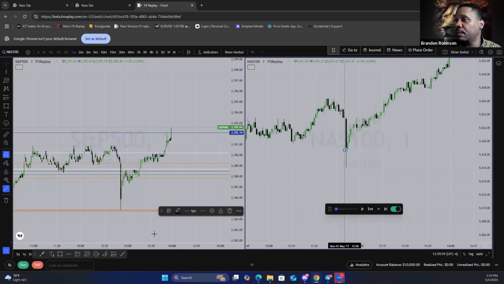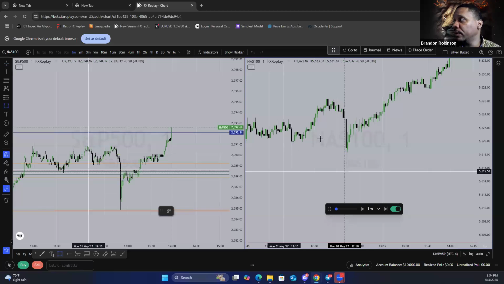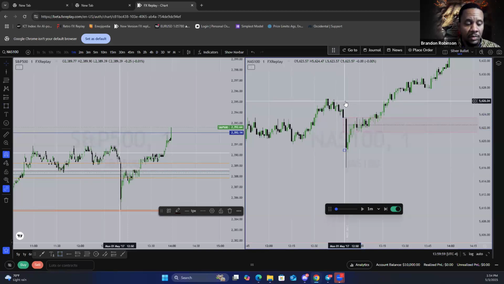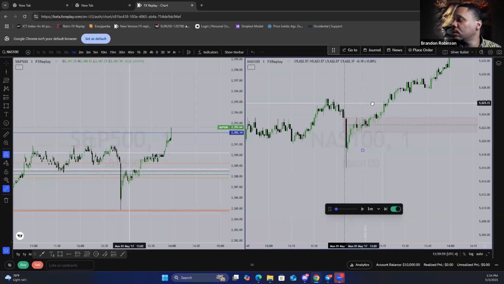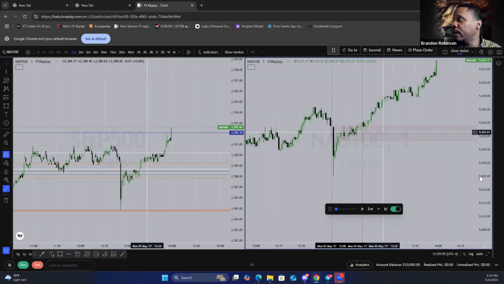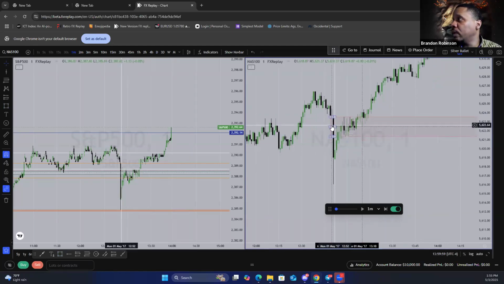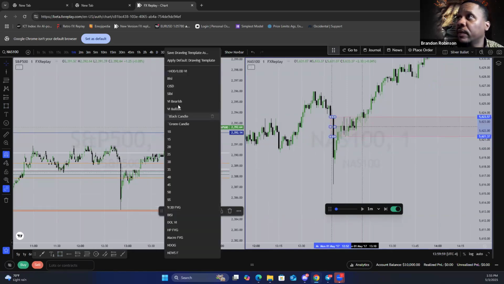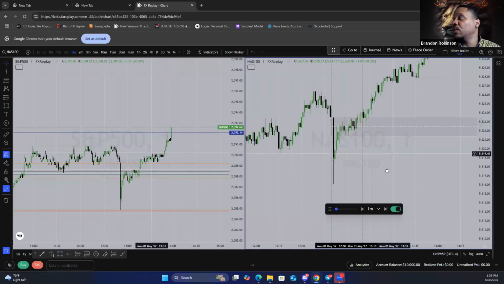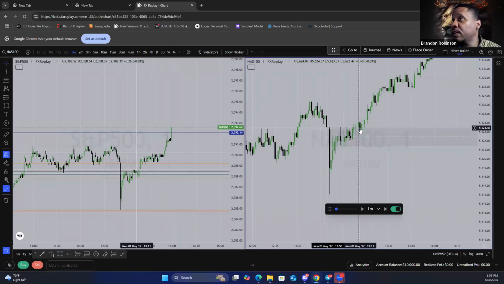What's the fair value gap that happened during the macro? So between 12:50 and 1:10. All right, do we have a fair value gap? No, we really only have one, which is this. So we're going to label that macro fair value gap. All right, so once we closed outside of this fair value gap,